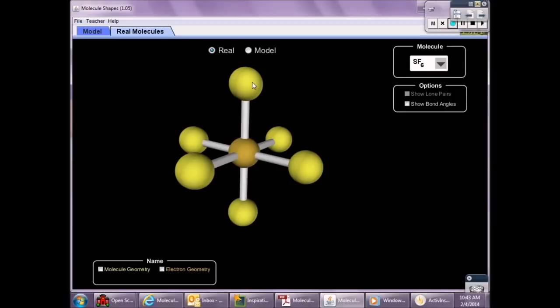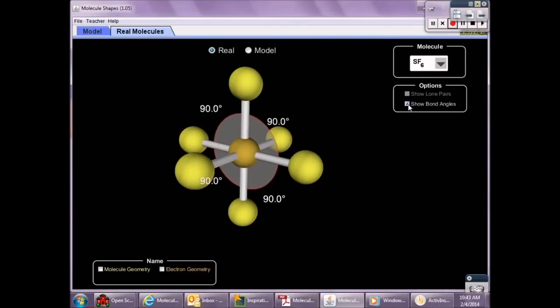Octahedral. What is the bond angle? We can come up with 2 different bond angles. We can call it 90 from here to here, still 90. We can call this 180. Is that right? 180. So we already said octahedral. Let me put a name for you for this one. 2 more to go. Let's choose